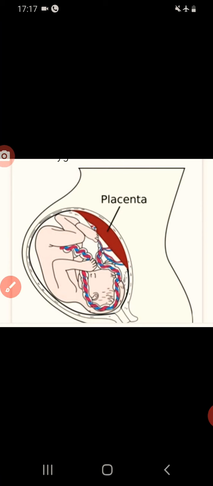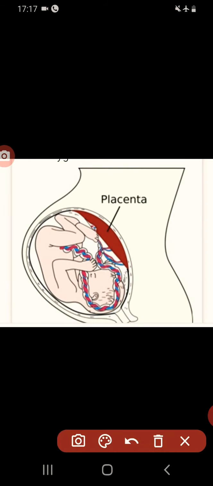This is the structure showing how the fetus is present inside the uterus. This is the placenta, you can see, the disc-shaped structure. This is the umbilical cord. Through this cord, the connection between the fetus and the placenta is made. Students, this umbilical cord develops in the 4th week and establishes a connection between the fetal membrane and the uterine wall, which is known as the placenta.